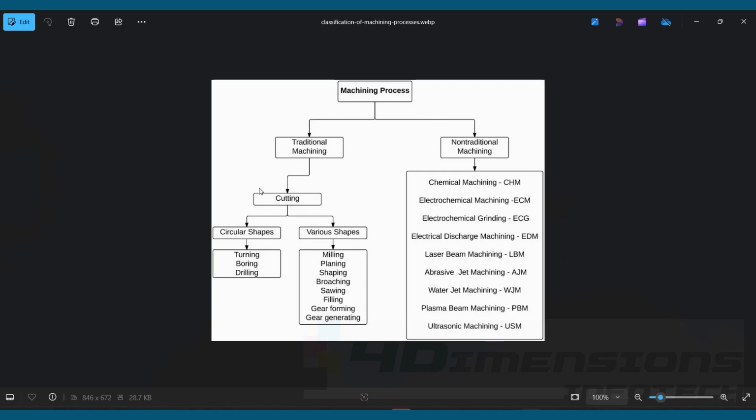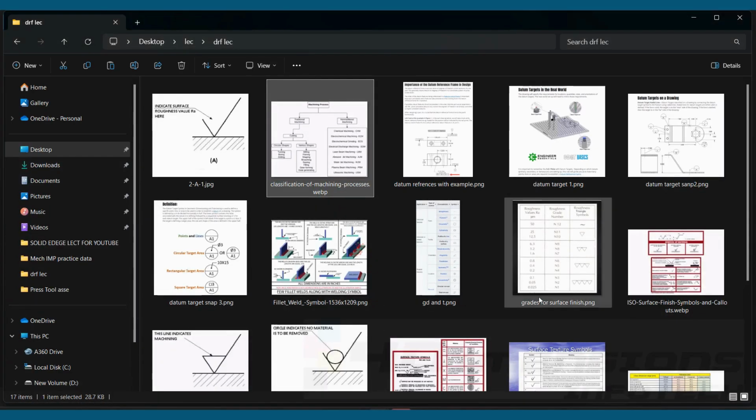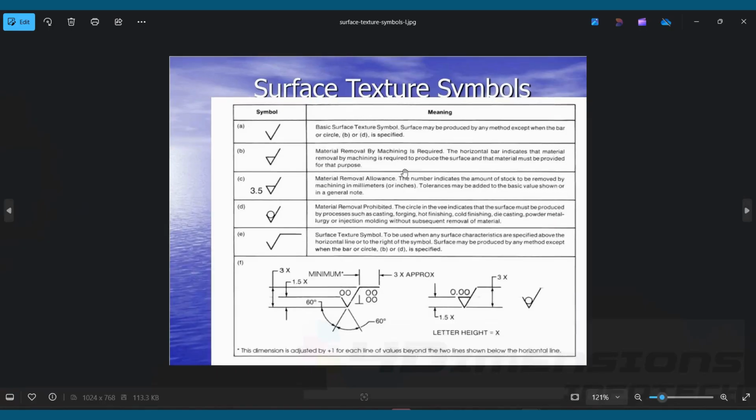So these are the machining processes in which material will compulsorily be removed. There are some processes in which machining is not provided, still the surface finish can be obtained. We will see those processes also. For that we have one more image here. So in this image we can see here